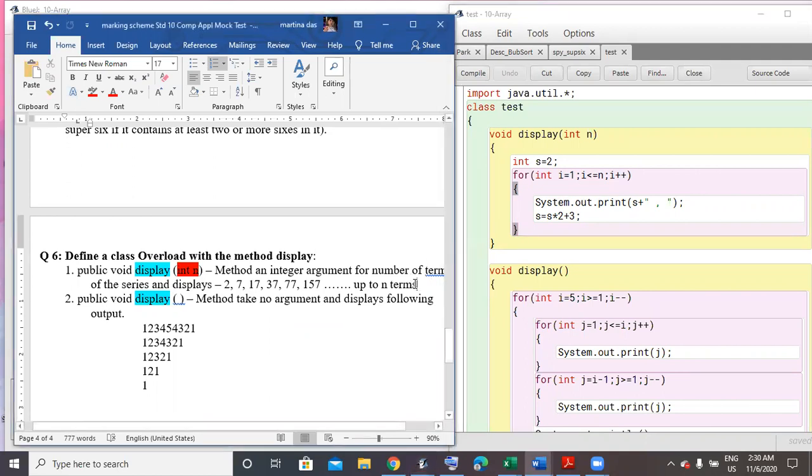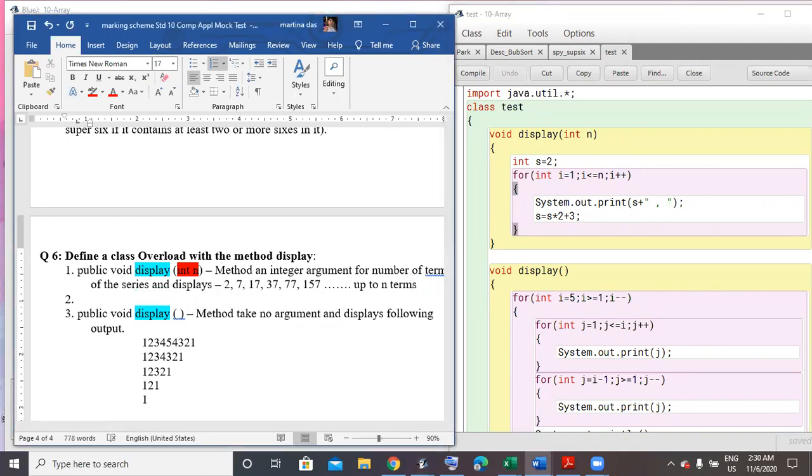Now here you can see the logic goes as s equals 2. After that 2 into 2 plus 3 will give me 7. After that same thing, 7 into 2, that is 14, plus 3 will give me 17.